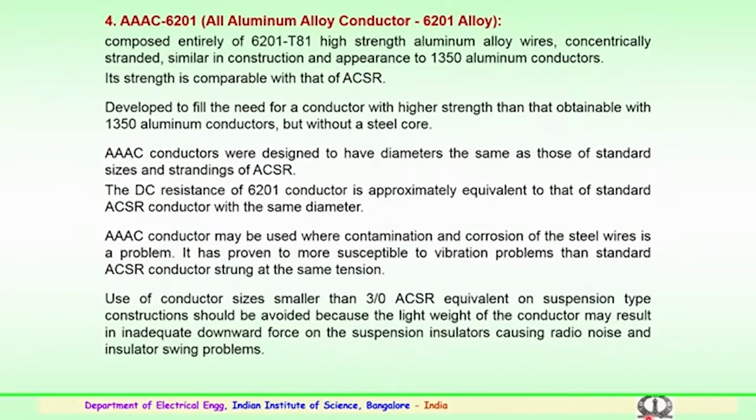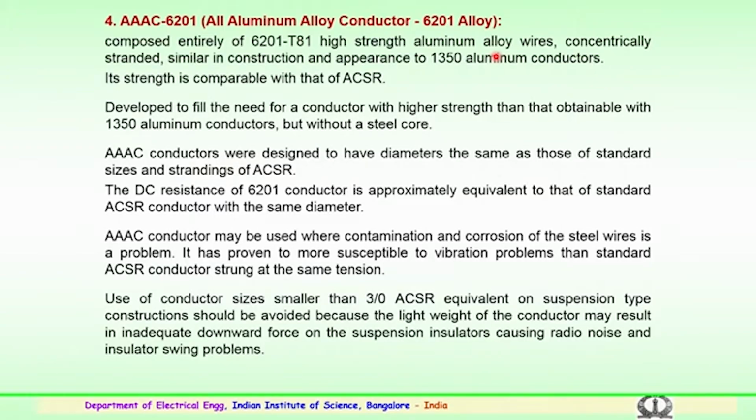The fourth is AAAC 6201, that is all aluminum alloy conductor. 6201 is the alloy of aluminum. This is composed entirely of a 6201 T81 alloy with high aluminum strength, where wires are concentrically stranded, similar in construction and appearance to the previous 1350 aluminum conductors, and its strength is comparable with that of the aluminum conductor steel reinforced,